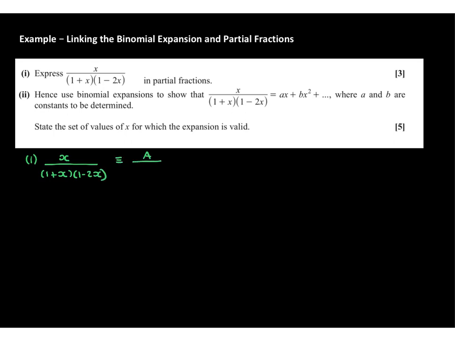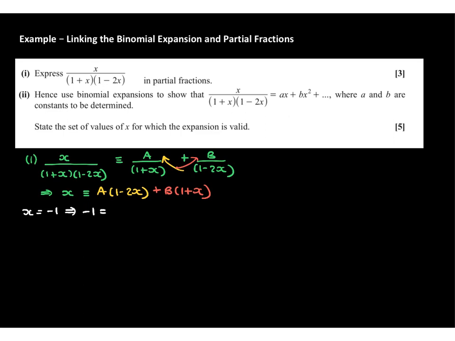That means we're going to express it as a over 1 plus x plus b over 1 minus 2x. So think about the cross multiplication that would then have to take place. This would give us numerators which are identically equivalent like this. And then we're going to sub in key values of x. So I'm going to choose x equals -1 first of all. On the left-hand side, this gives me -1. And on the right-hand side, the b part cancels, disappears, vanishes, is equal to 0. And the yellow part, the a part, gives me 3a. So my value of a is